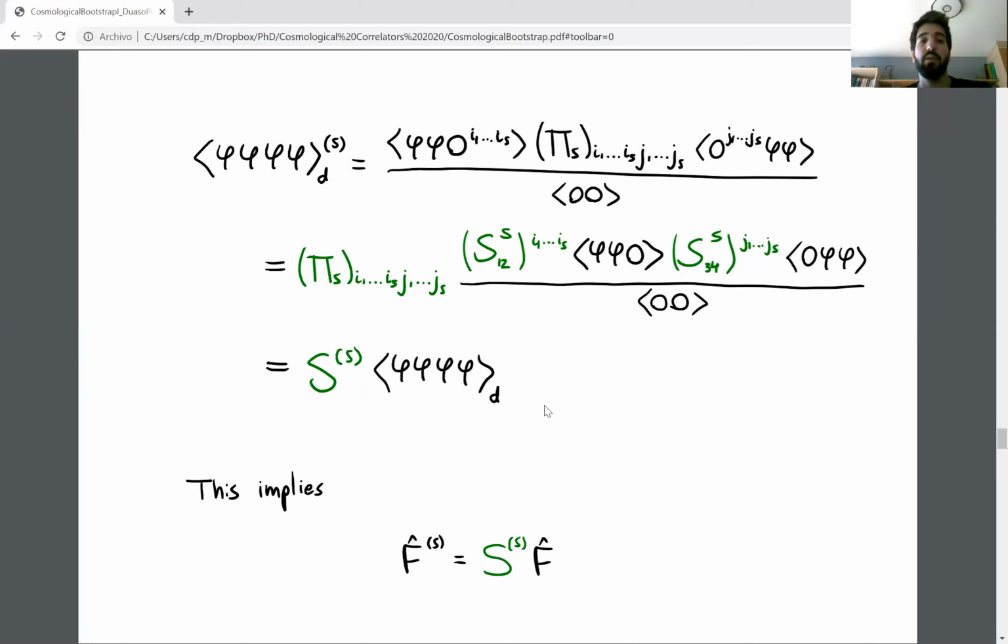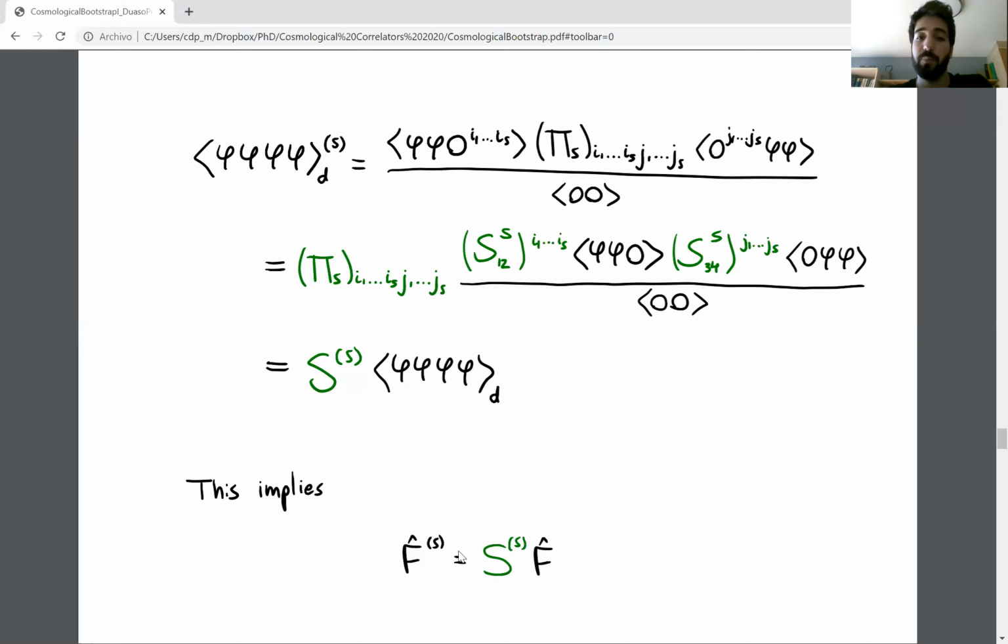So we have derived this for the disconnected part, but this is actually valid for the whole correlator. So this implies that we can act with this differential operator on the seed, which corresponds to conformally coupled scalars exchanging a scalar, and we will get the correlation function for conformally coupled scalars exchanging a field